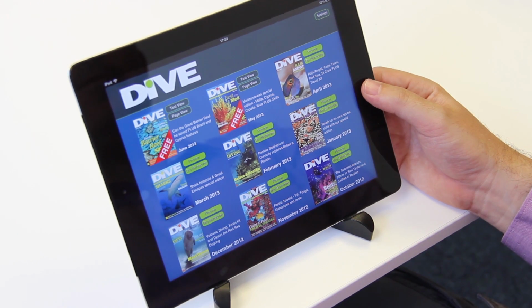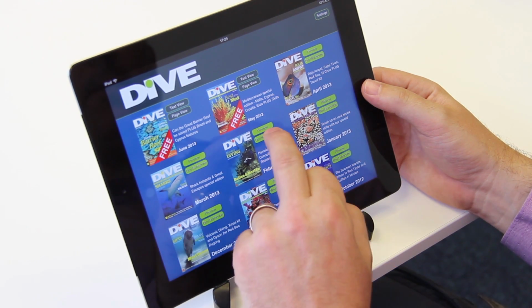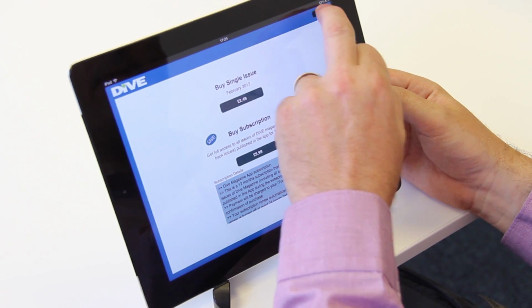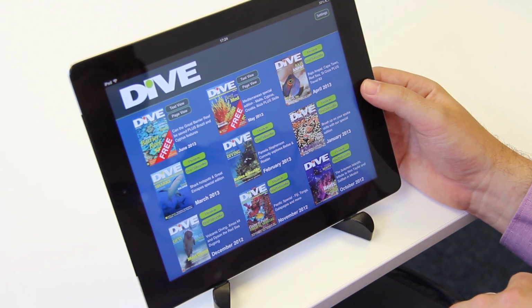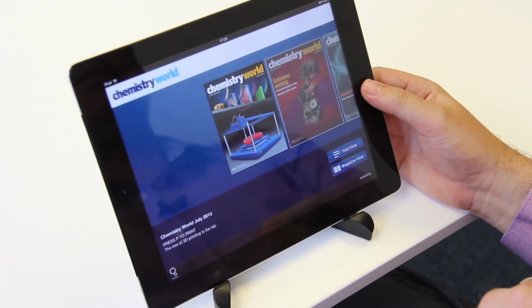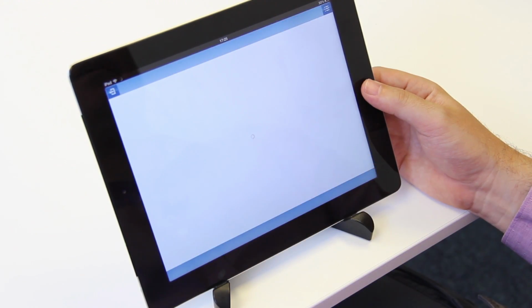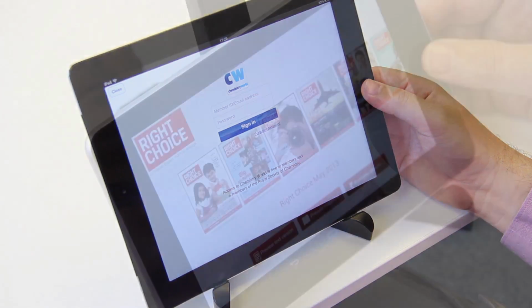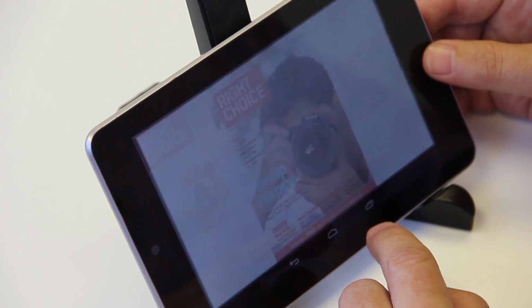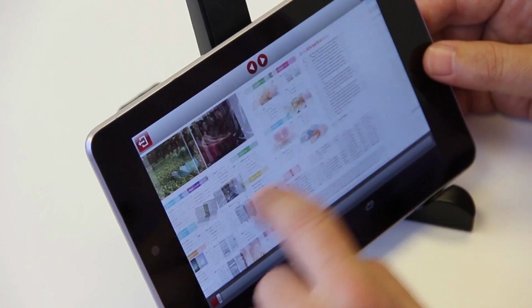ZineGenie enables a number of different charging models. It supports in-app purchasing, allowing you to sell single issues or recurring monthly and annual subscriptions. But it can also integrate with your subscriber database, so you can offer it as a value-added service to your existing readership. In this magazine, for Android devices, preview content is set up within an issue to give a flavour